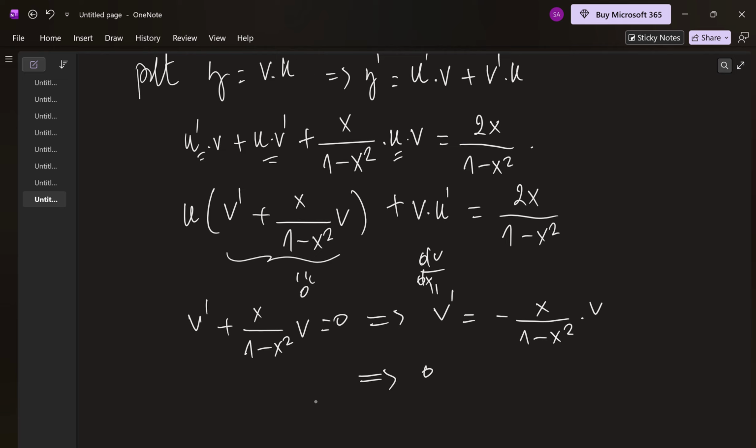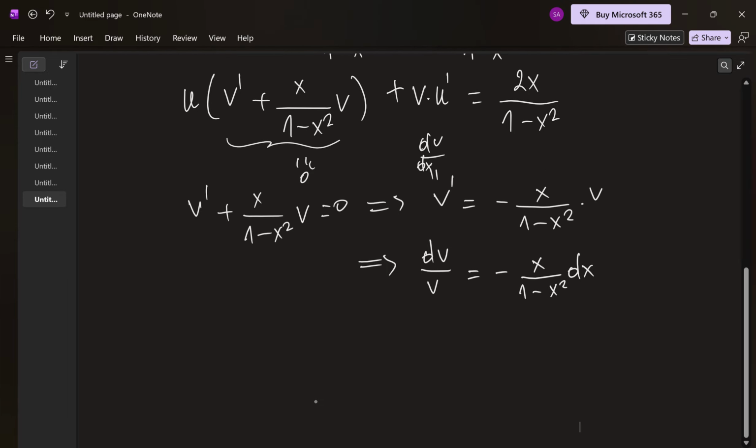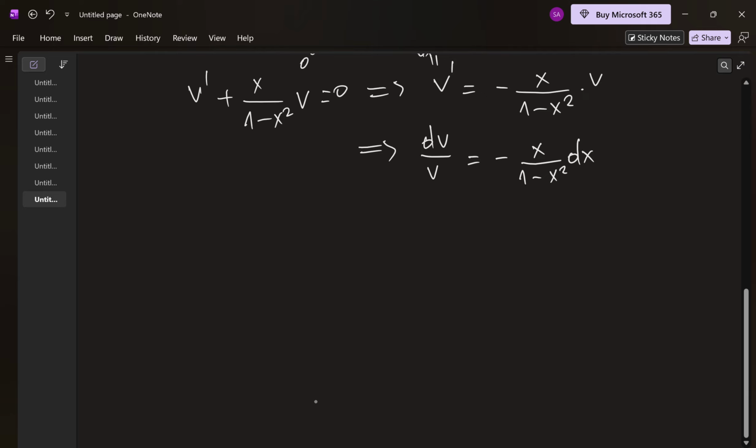So what you get is dv over v is equal to minus x over 1 minus x squared dx. Next, we integrate both sides. You get the integral of this part minus this integral. What you get is ln of v is equal to